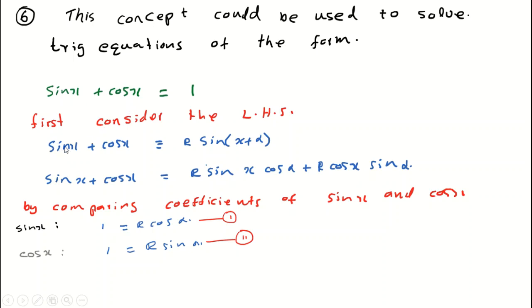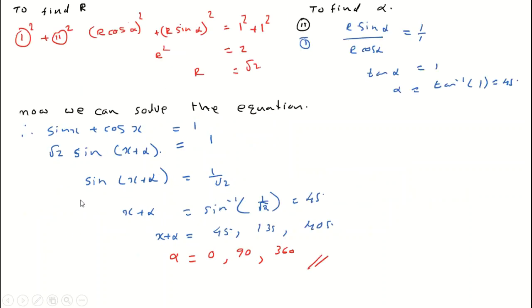So we will take sin x plus cos x is equal to r sin(x plus alpha). Then r is equal to, we did the same thing, so I will not be detailing much into this. Then you get r is equal to root 2, alpha is equal to 45. So I can write this as root 2 sin(x plus 45). Now we move on to the solving part of the equation. I didn't detail the earlier part because we have already done it.